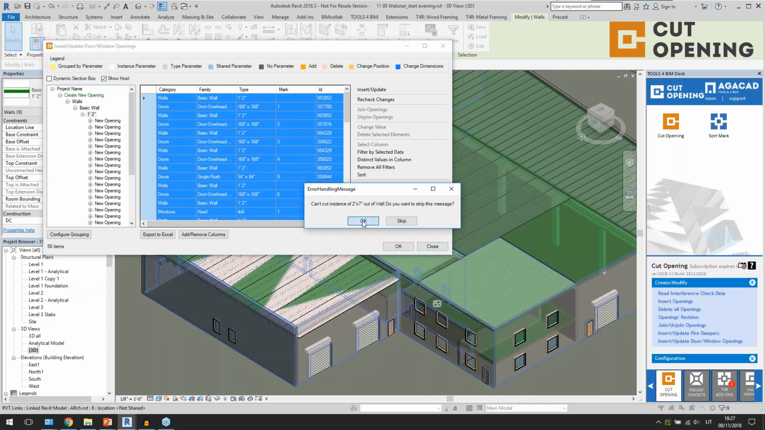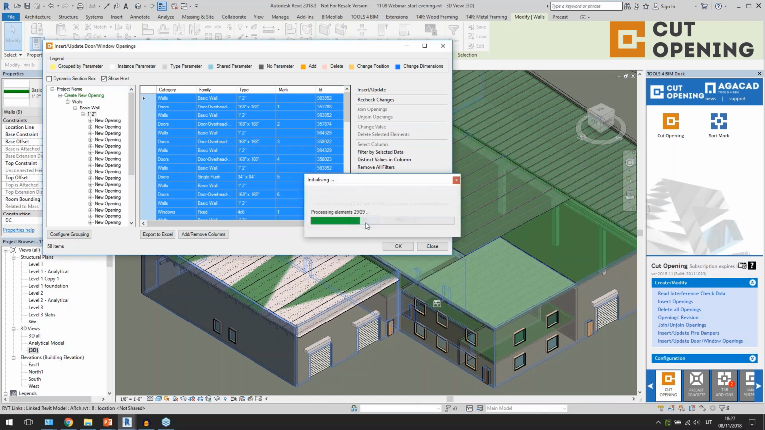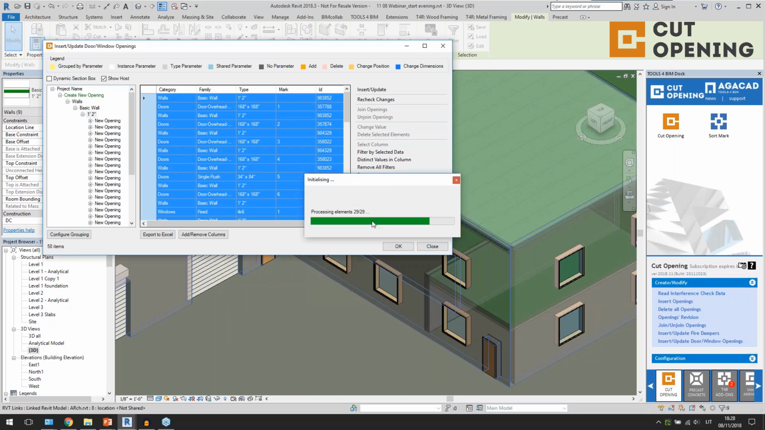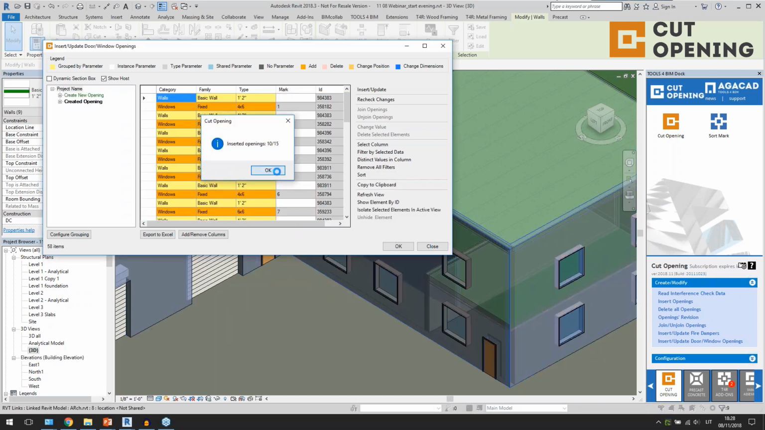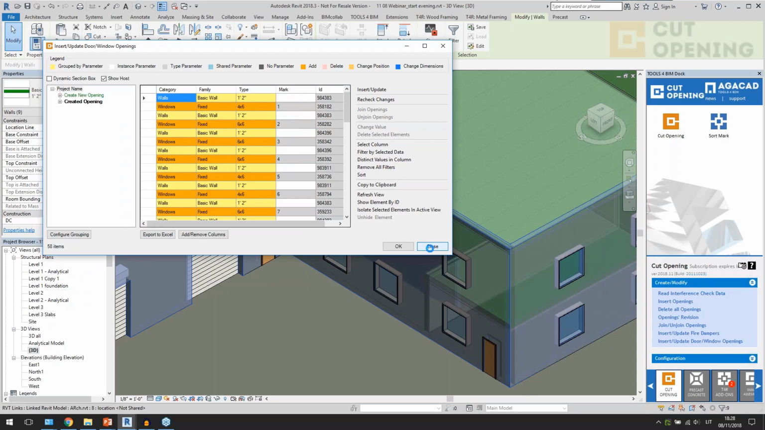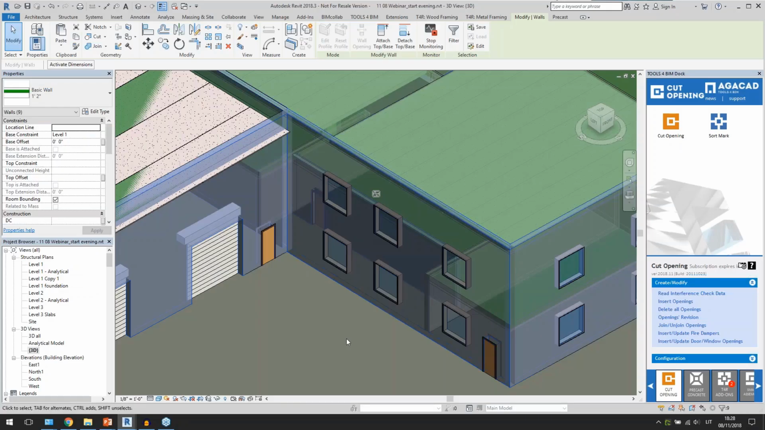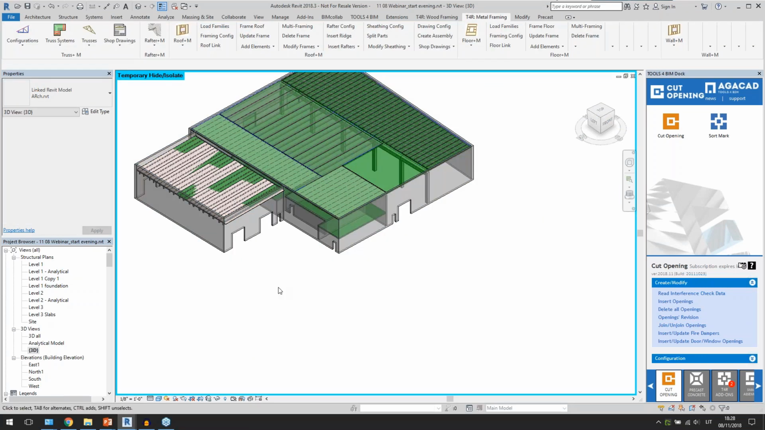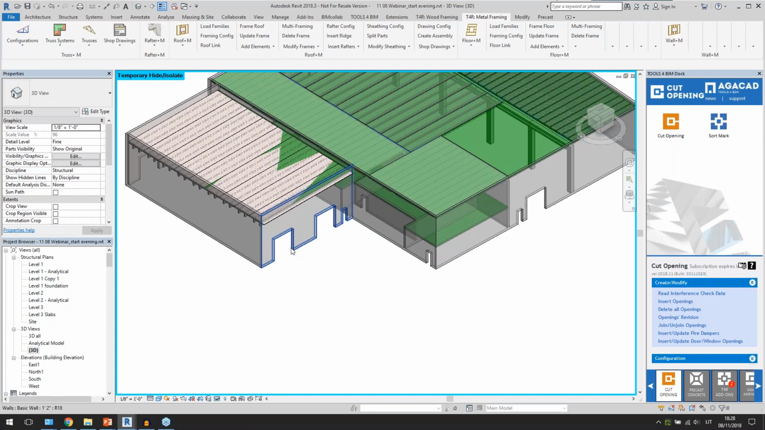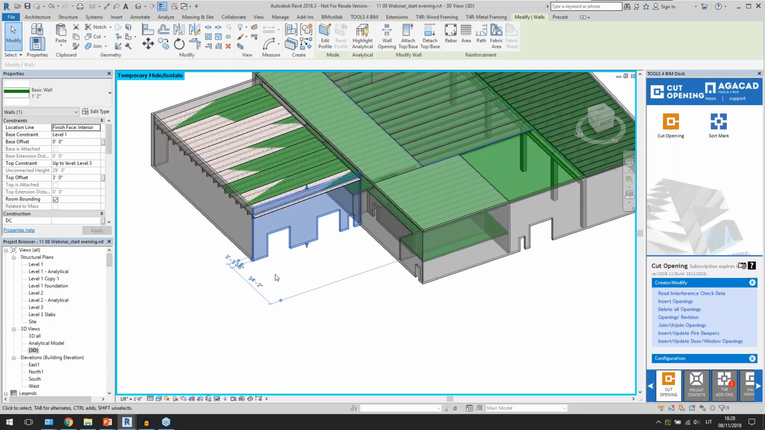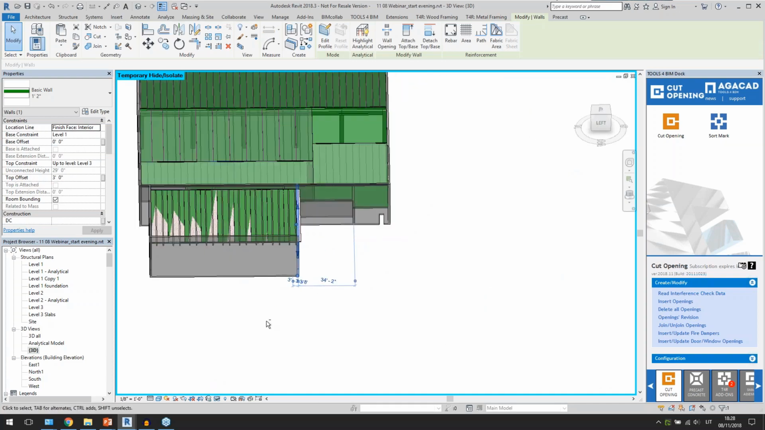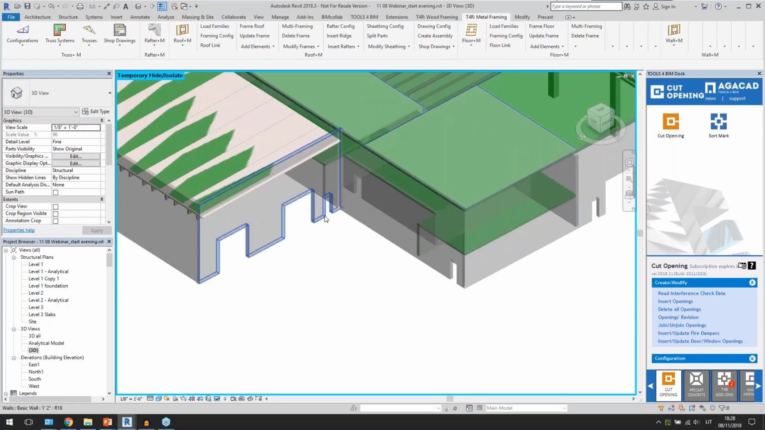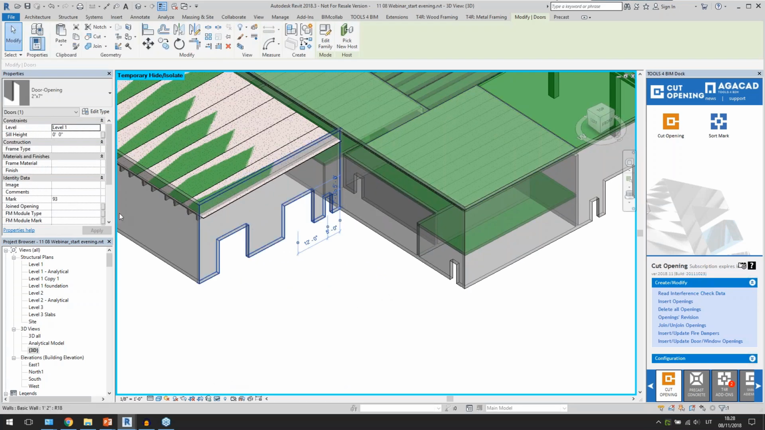Okay, so it's finding some openings in the internal walls, which was not what I wanted to do. All right, so let's take a look at the result. I will hide this architectural model. Yes. So now I have all the openings for the doors in my project, so I don't need to create them manually. They automatically take the size of